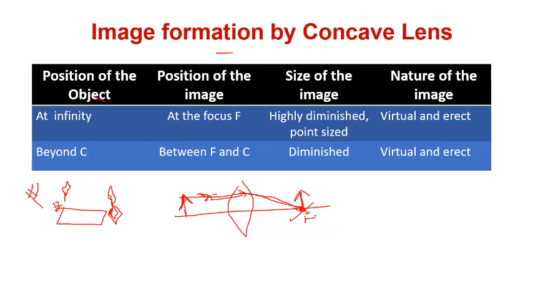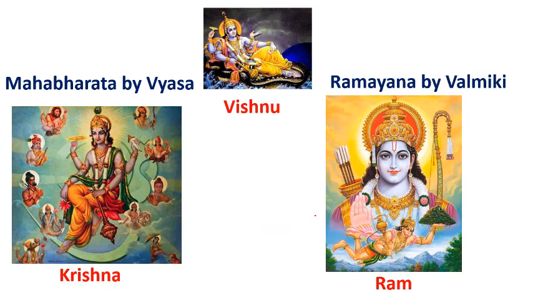So in this way, try to learn new things. One more thing about the Mahabharata and the Ramayana. One of my students says, sir, whatever you say is right, Ram in Mahabharata. Now tell me, Ram in Ramayana and Krishna in Mahabharata were who? They were no one but the avatar of Vishnu. Ramayana was written by Valmiki and Mahabharata by Vyasa.